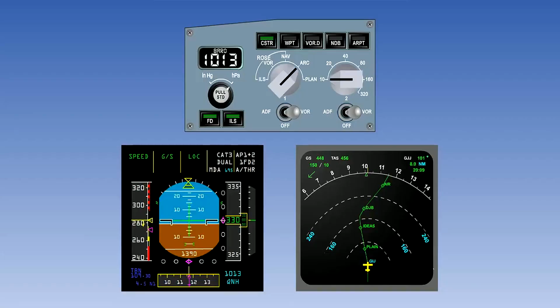The Electronic Flight Instruments System, or EFIS, presents attitude and navigation information on two electronic display units: the Attitude Director Indicator, or EADI, and the Horizontal Situation Indicator, or EHSI.